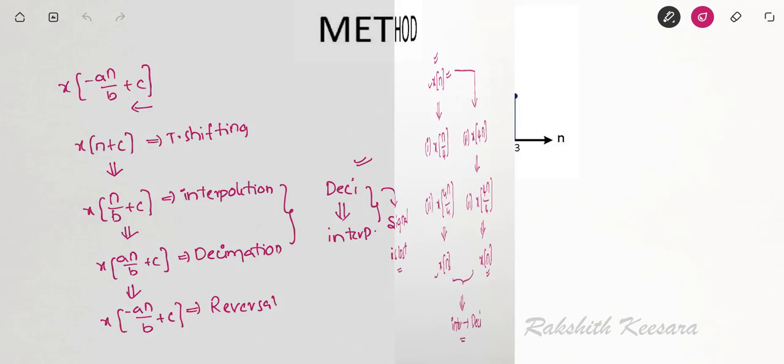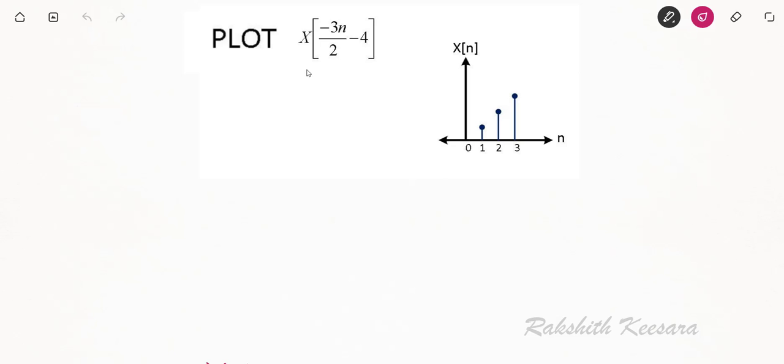Is this okay? Next, let us solve a question based on today's lecture. A signal x of n is given and he is asking us to plot x of minus 3n by 2 minus 4. So first what should I do? I should plot x of n minus 4. I should proceed from right to left. That is, minus indicates right shift. My whole signal will be shifted to the right side by n equal to 4. So this will become 4, this will become 5, this will become 6, this will become 7.